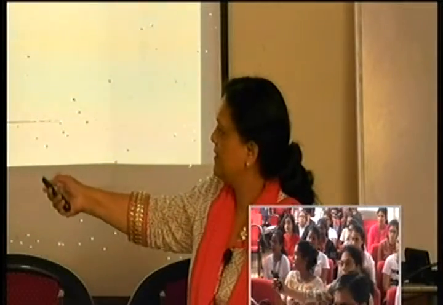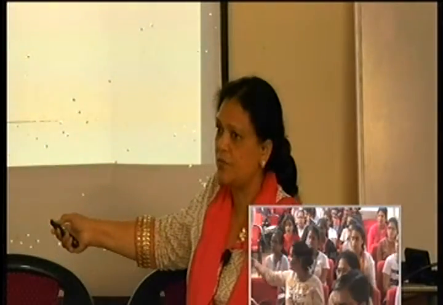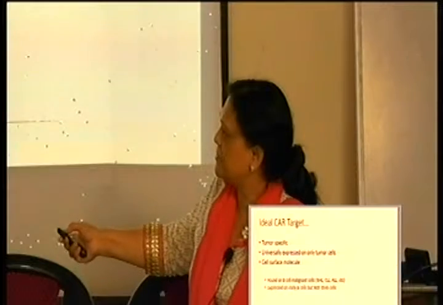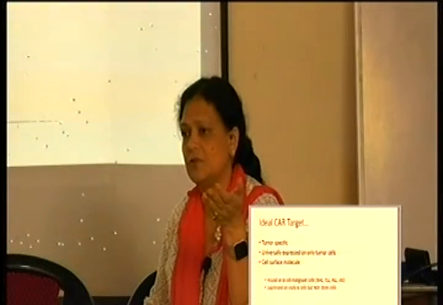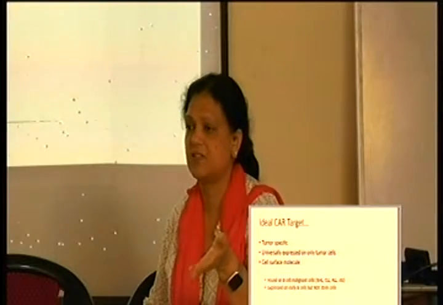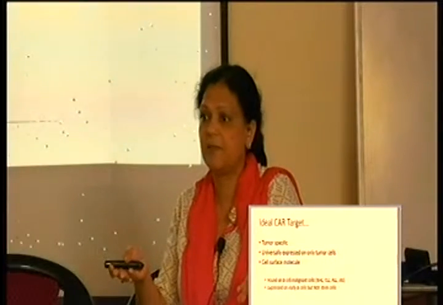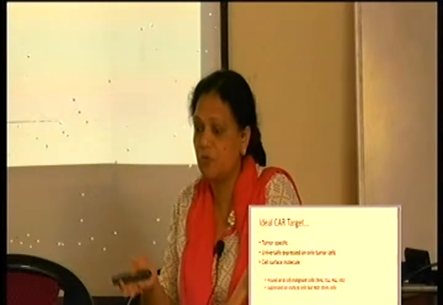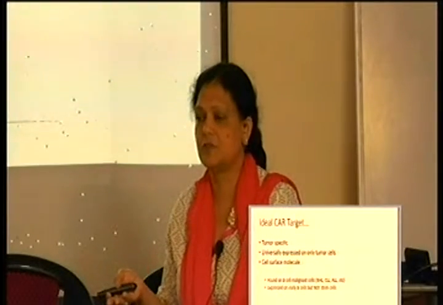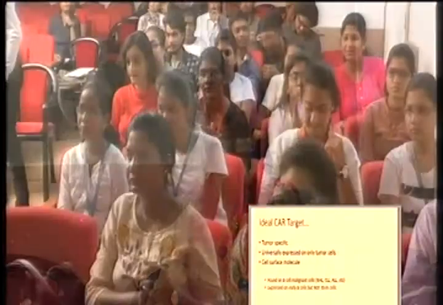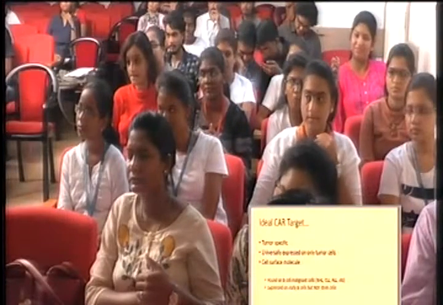And then, madam, on stem cells, will the expression of CD20 be seen? No. See, this is what it says here. The reason it was chosen is that it is expressed on early B cells and not stem cells. Because if it was expressed on stem cells also, then you are basically getting rid of the stem cells. So once the therapy is done, there are no stem cells, so no normal B cells can be made. So you cannot get back your normal cells either. So that's why you have to choose the target with a lot of thought.